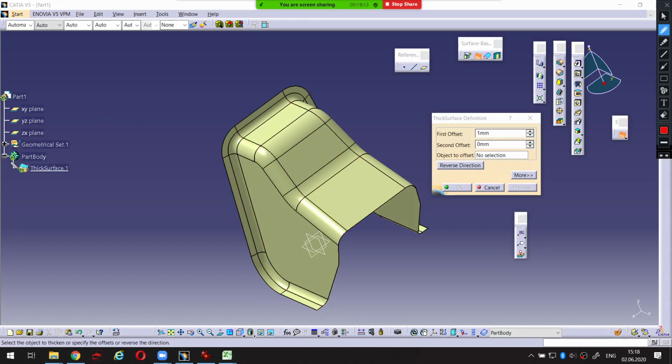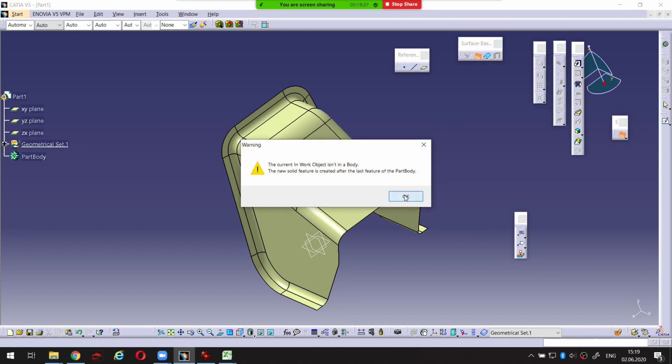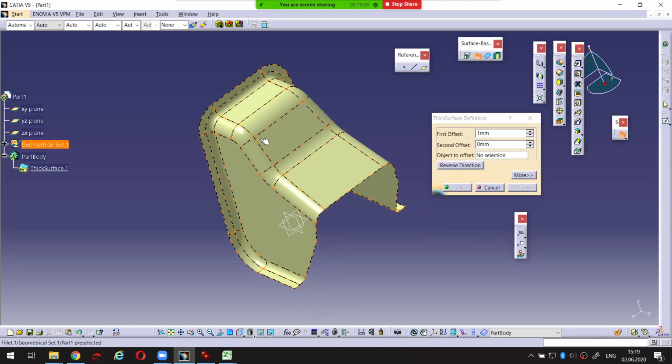As soon as I clicked on OK, this part body is set automatically as a working object. Okay, this thick surface, which is not created yet, is underlined now. If I click on cancel, geometrical set 1 is underlined once again. So this message, I have a thick surface, and